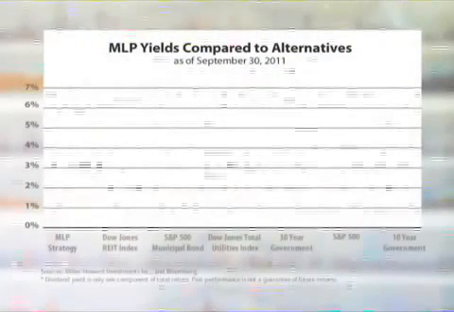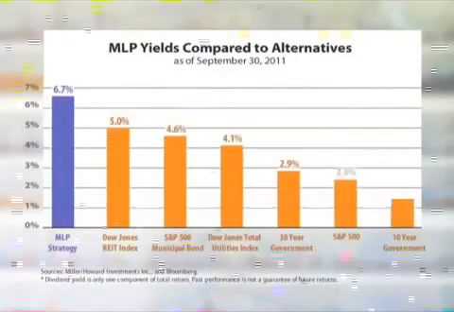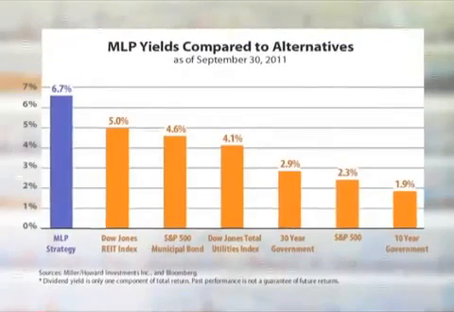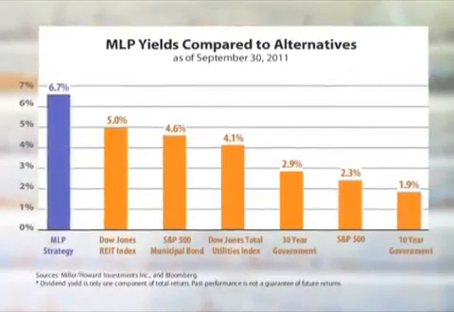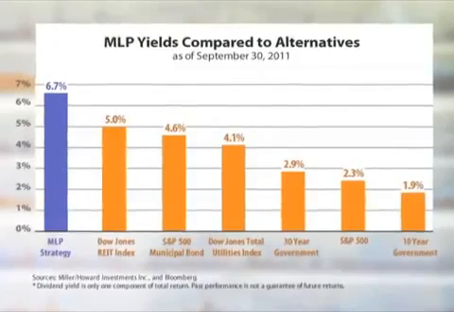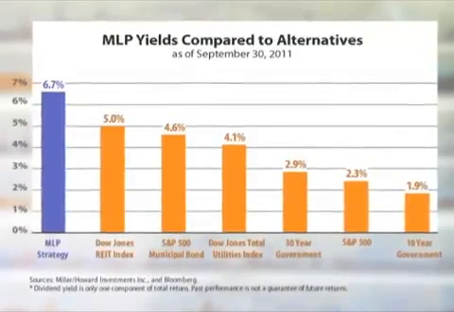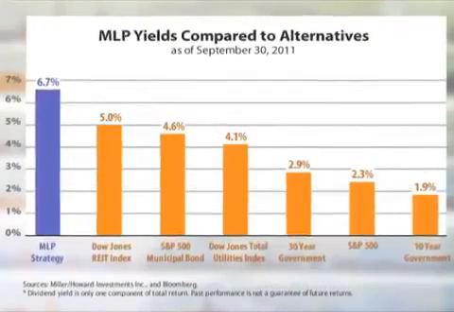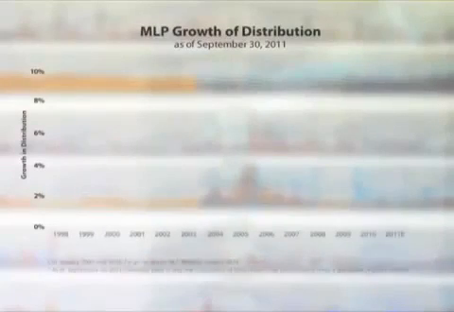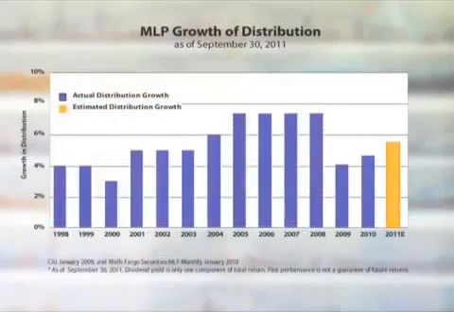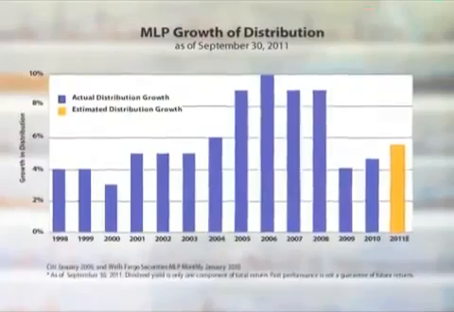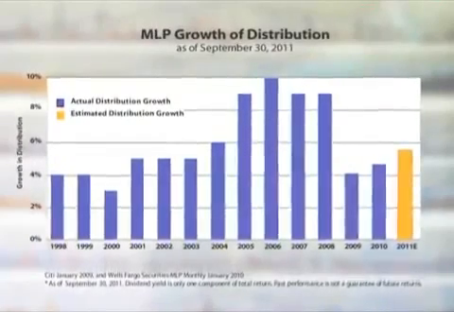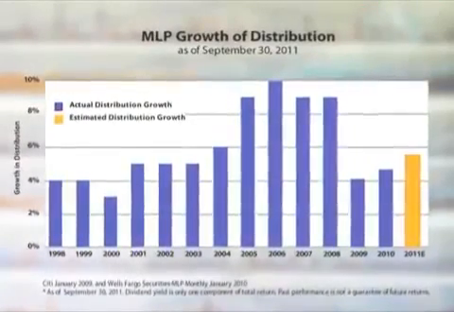What is the case for dividend-oriented MLPs today? And the answer is really simple: attractive yields that grow. Today, the yields on MLPs are about 6.5%, which is 3.5 times that of the market as measured by the S&P dividend, and over 100 basis points above investment-grade bonds. Also, MLPs historically raised their distributions at about a 6% rate per year, which gives them inflationary protection, and that 6% is well above the historical rate of inflation.